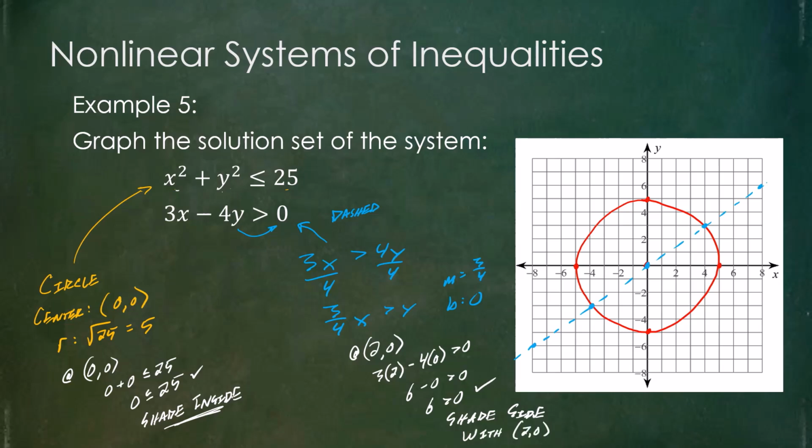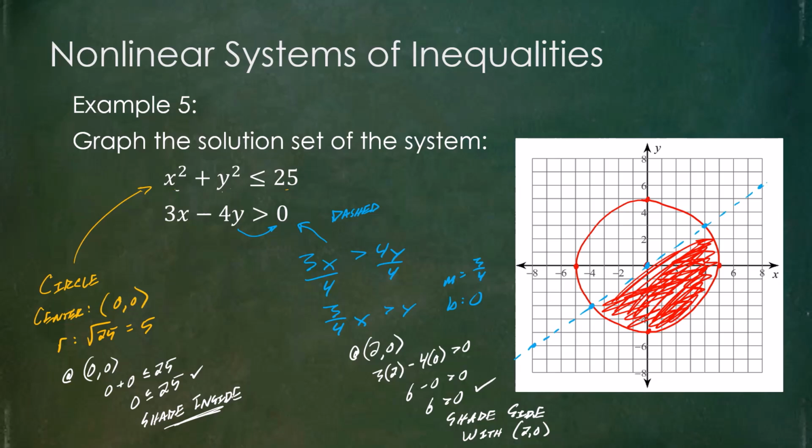Sorry for the delay here writing. But that then means for my final answer, it's going to be basically everything inside the circle but underneath that line. So that would be this entire region here when it's all said and done. So basically any point that would fall inside that shaded region I just created should be a solution for this